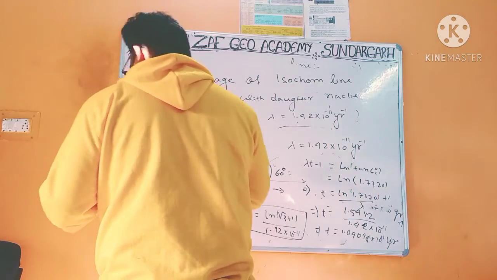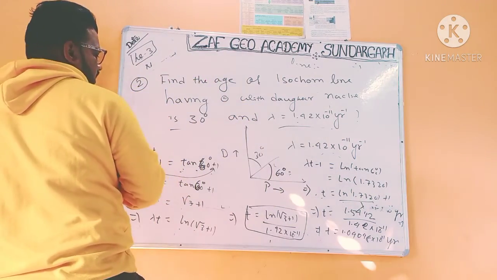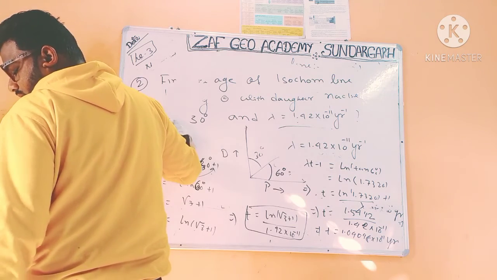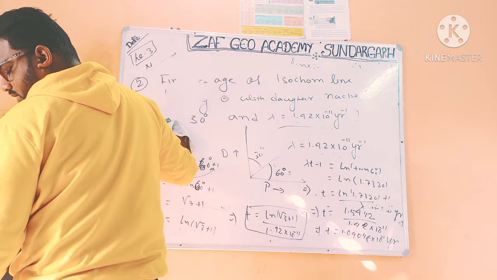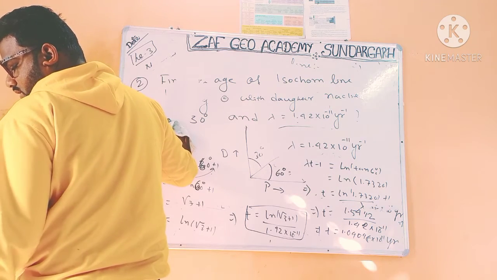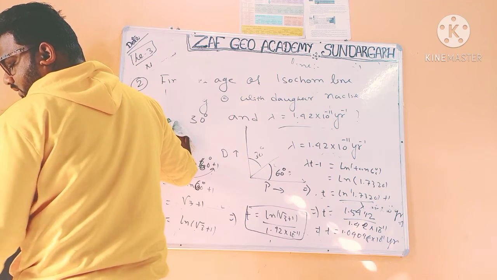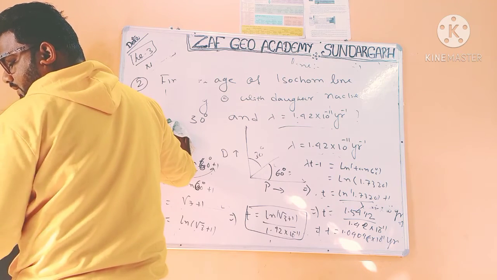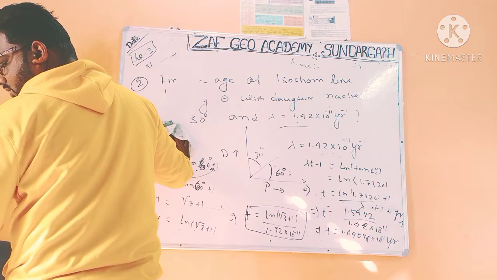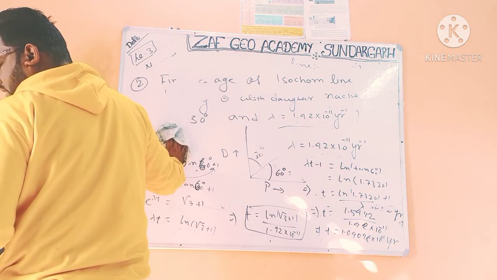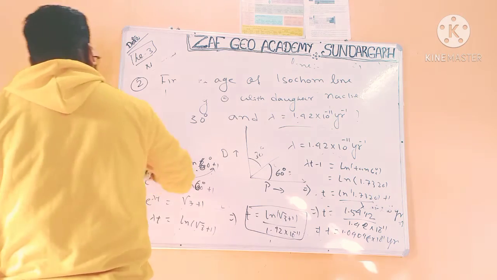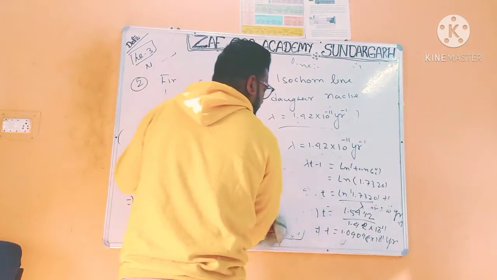So this is the end of the lecture. In the next class we will discuss half-life and some numerical questions will be done, 10 numerical questions, and we will move to the dating methods like rubidium-strontium, argon-argon method, samarium-neodymium method, and the uranium-thorium-lead system. We will discuss all of those in my next class.